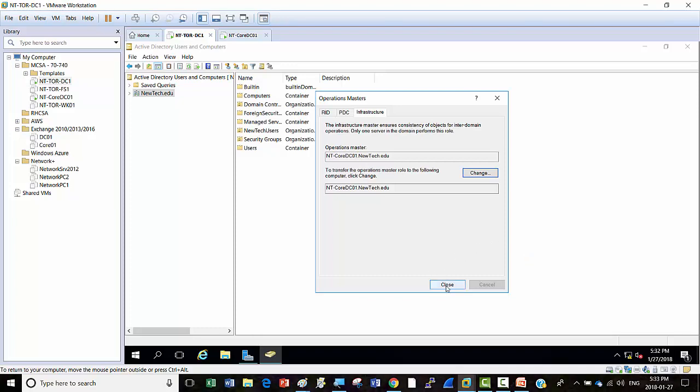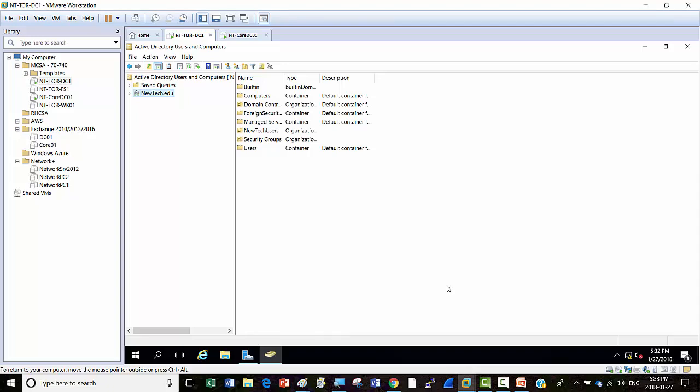So it is used as a temporary or emergency measure. We can keep the roles there, it doesn't matter, or we can bring them back if we want. But if the server crashes,